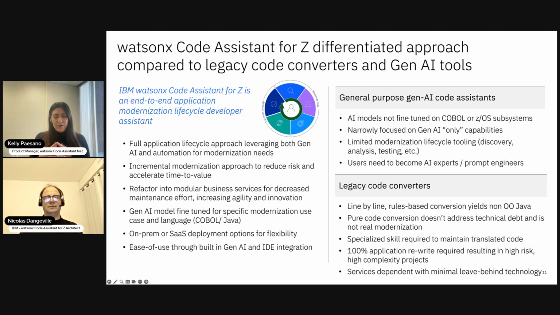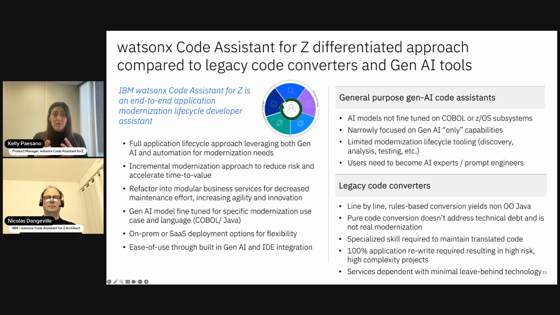Well, one of the main points that we've touched on along the way is that it supports that end-to-end application lifecycle, from code understanding to the different modernization actions that you need to take to grow your business. Many times, the Gen AI code assistants are focused on Gen AI only capabilities, code generation for a small piece of code, code transformation for a small piece of code.